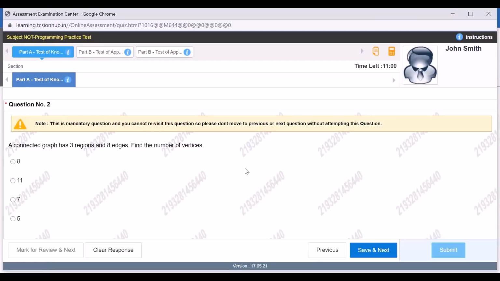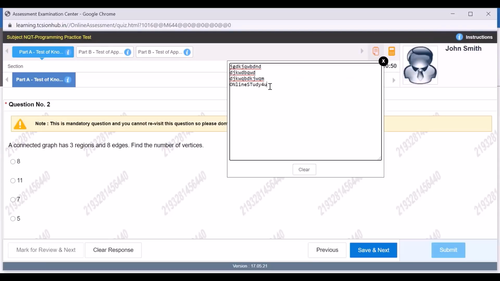Now we have a question from graph theory. A connected graph has 3 regions and 8 edges. Find the number of vertices. What I will do here, there is a simple formula for this. The formula says